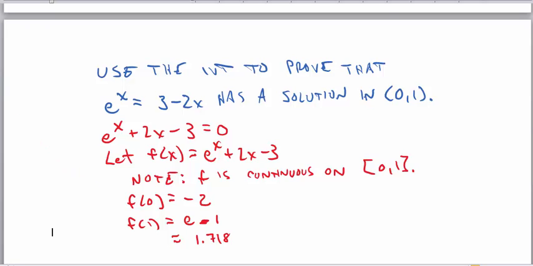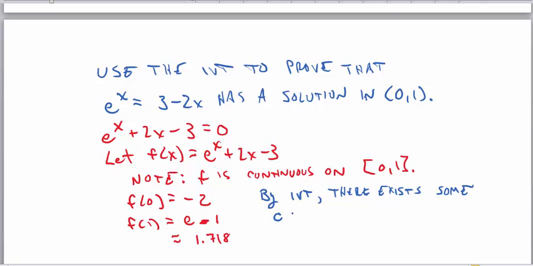So in other words, f of 0 is negative and f of 1 is positive. So what does this mean? This means by the intermediate value theorem, there must exist